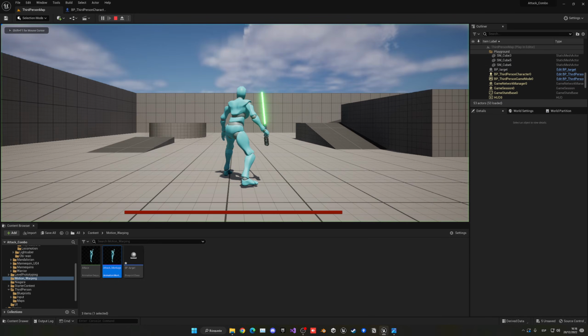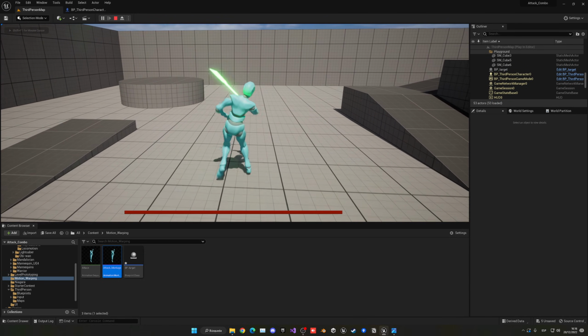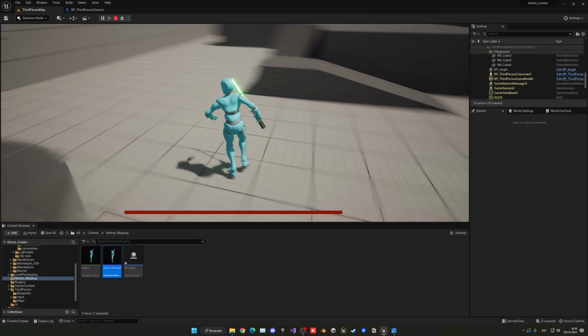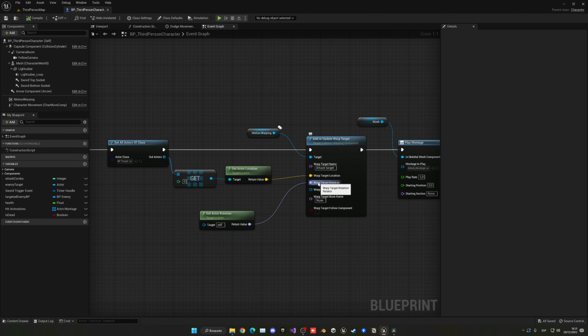So now if I press play, you will see that the point is around there. So if I press C, you will see that now the character goes into that position with the root motions. So the thing is that it will always go to whatever parameter we are plugging in here. So if we were to plug in the actor's rotation, it will bend it in a way so it will be finishing up the warping facing where the forward of that